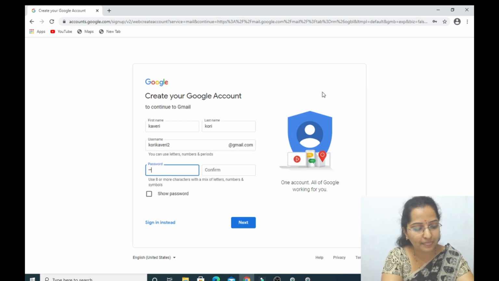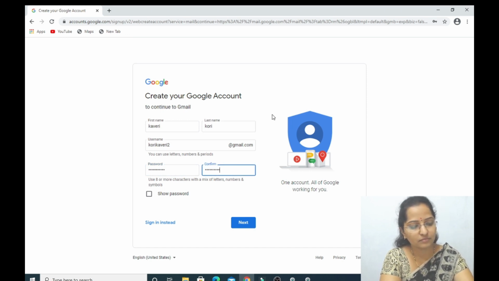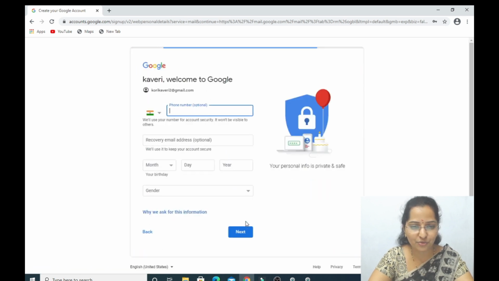Just set it up. Yes. Write the same password again here in confirmation.